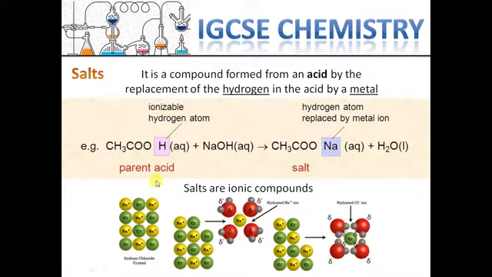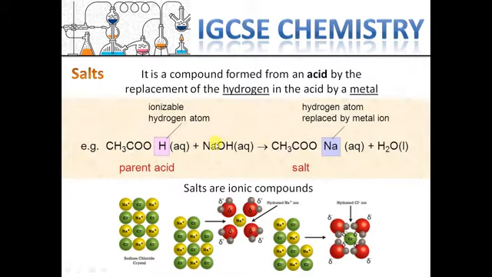As I write here, it is a compound formed from an acid by the replacement of the hydrogen in the acid by a metal. Acids have hydrogen atoms. If the hydrogen leaves the compound and a metal replaces the hydrogen, we will have a salt. Like here, we have this acid which is dissolved in water, because it is aqueous, and the hydrogen after